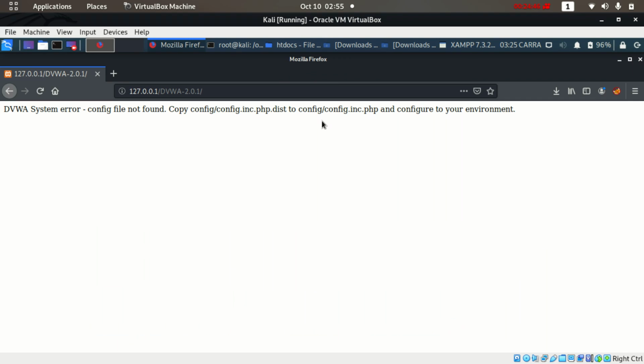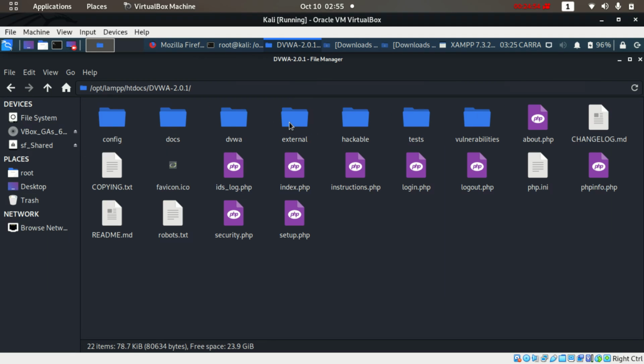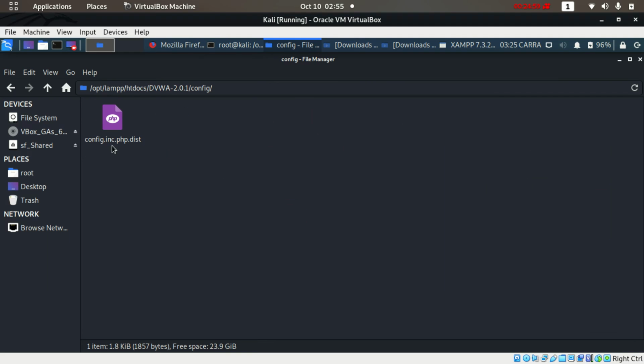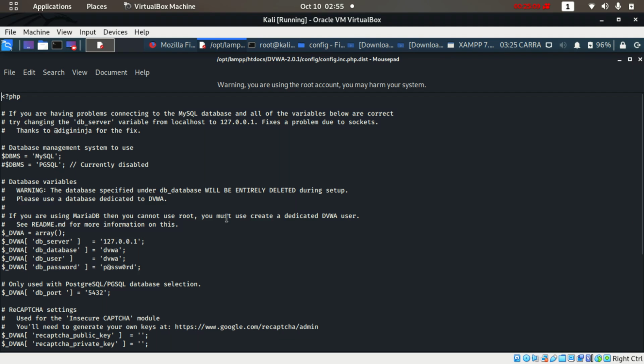Here it says copy config.inc.php. We have to configure this first. After that we can access. So first I will go to the htdocs DVWA directory. Here I will go to config. Here you can see this, we have to rename it actually. So I can open it with mousepad, and also I will set the password to blank,